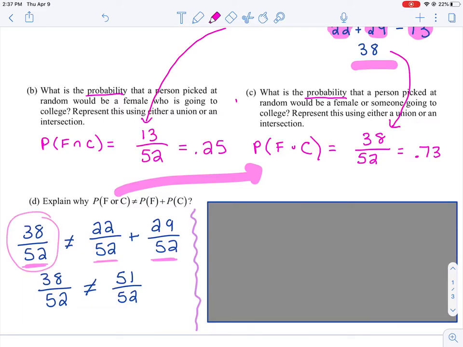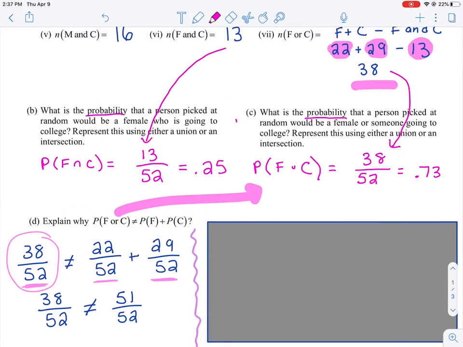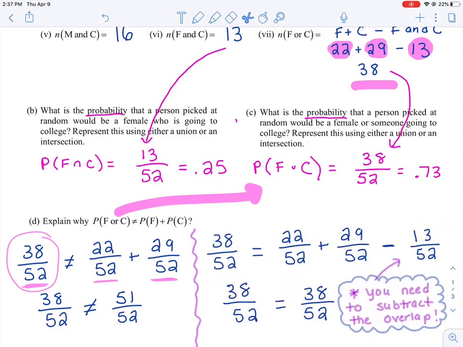And again, this is going back to yesterday's lesson. There is an area that they share. So I can't just add the two probabilities. I need to actually subtract the area that they share. So you need to subtract the overlap. And if you see on this part to the right, I actually subtracted that 13 over 52 and I get